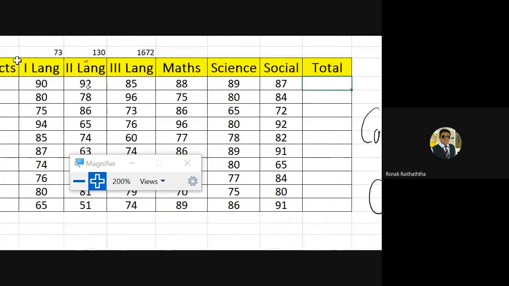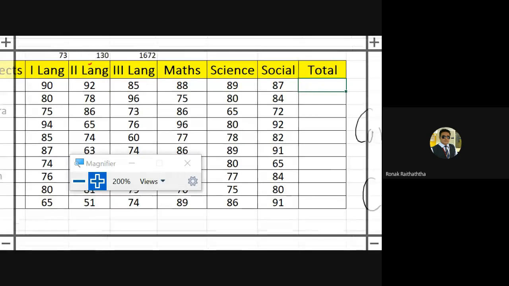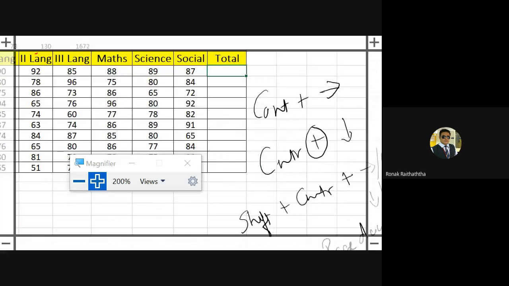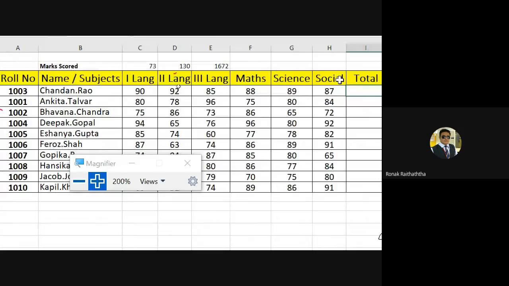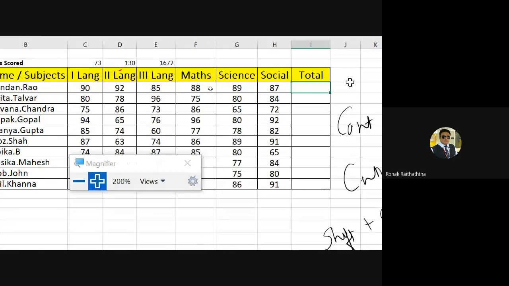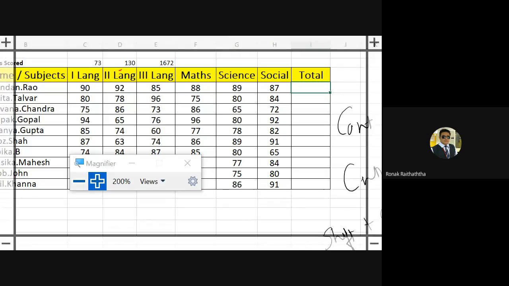Okay, now if I want to do the total of all these numbers scored by the student in each and every subject, there are various ways. Way number 1, see, I am broadening your thinking about this. Some of the students would be like, sir, I know there is auto sum, sir, I know there is the sum function. Understood, beta? There are various other ways too. Please try to understand.